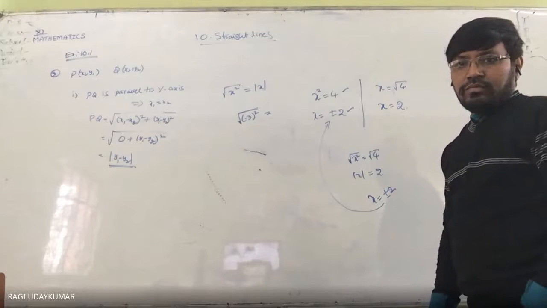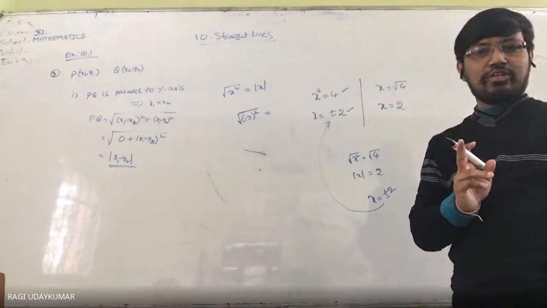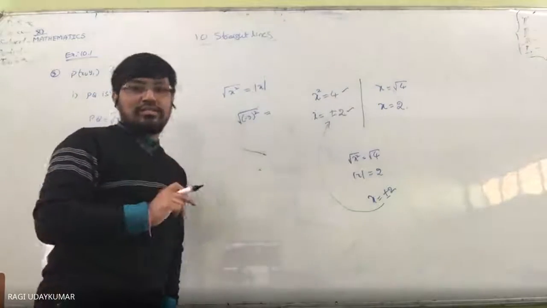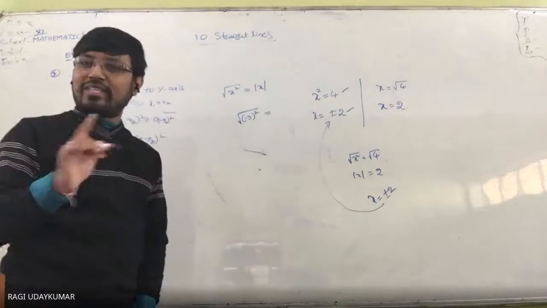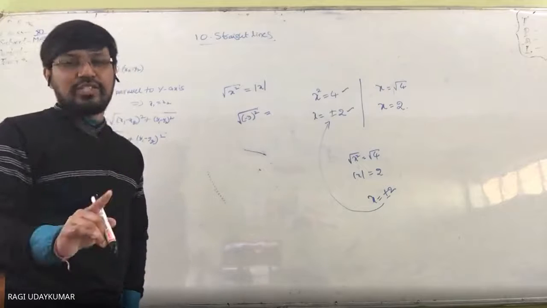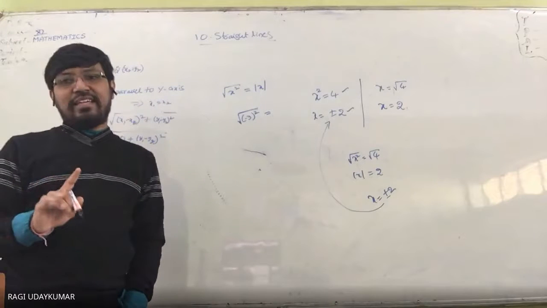Did you understand, sir? Sir, you said that in the square of root 3, the square and square root will cancel, and that the square root is the positive root. That's a wrong concept, I said. From childhood onwards, even in 10th class, most of the students do this; it is a wrong concept. Cancel will never happen. Square root should never be cancelled. From now onwards, please don't write such a step anywhere else.